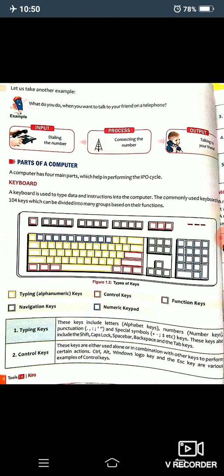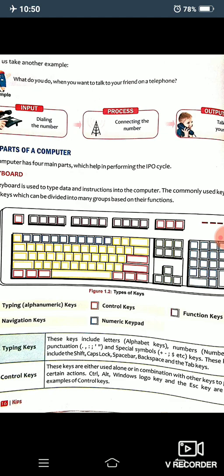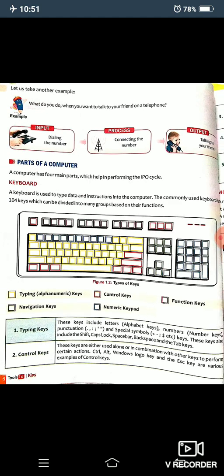He has invented the keyboard, and the standard keyboard that we use is called the QWERTY keyboard, because the first 6 letters of the alphabet keys, the yellow highlighted keys, are called the alphabet keys, on which some alphabets are written. All the alphabets are given from A to Z, but they are not given in a sequence. So the first 6 letters of alphabet keys make the word QWERTY. So that's why this keyboard is called the QWERTY keyboard.